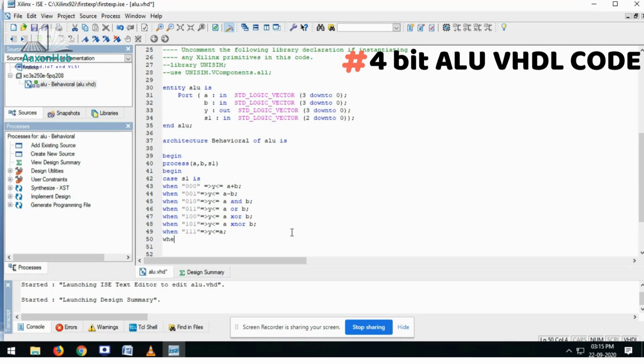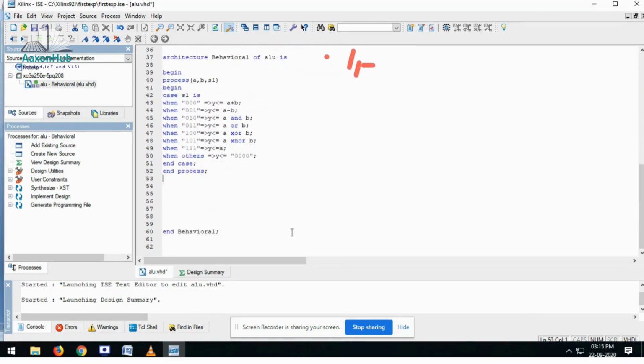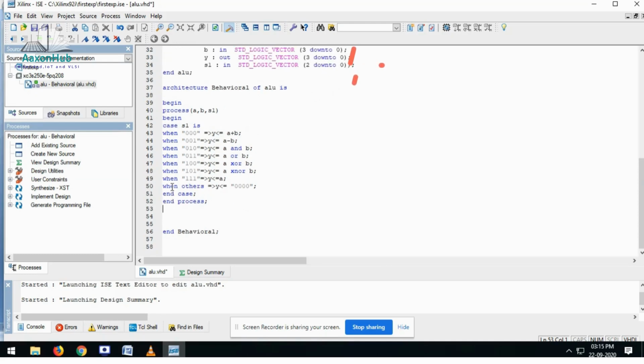And otherwise, you have to write the case as others, and you have to end your case, then end your process, and then end your architecture.